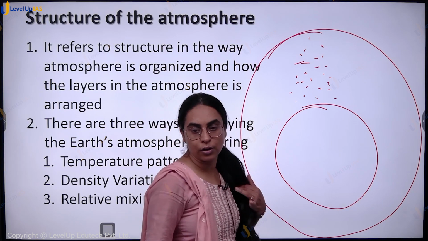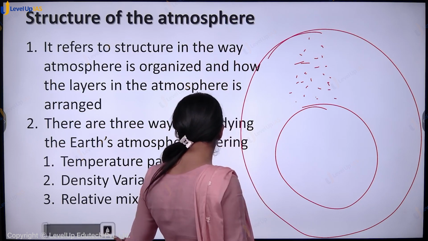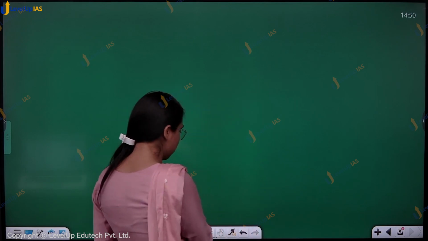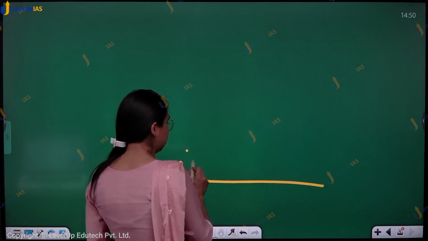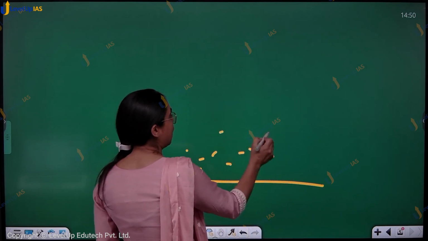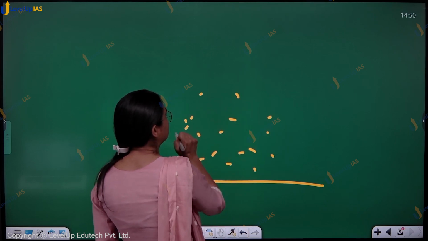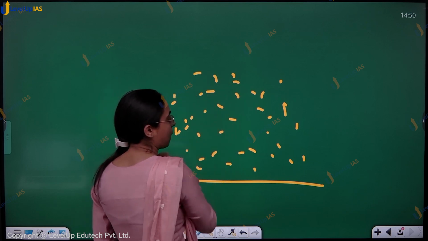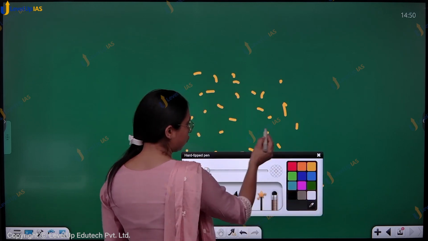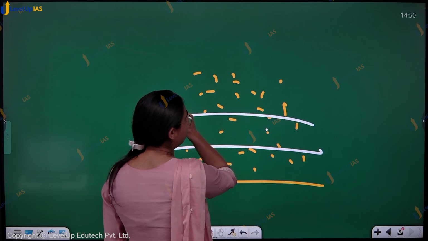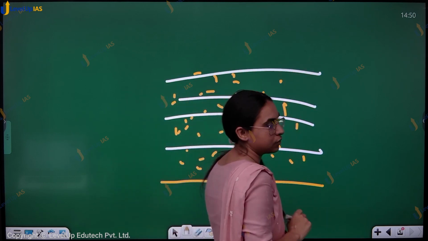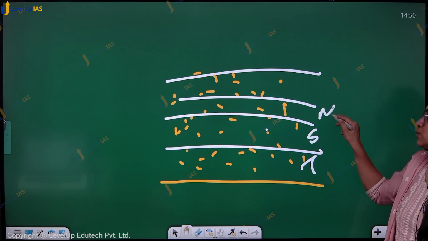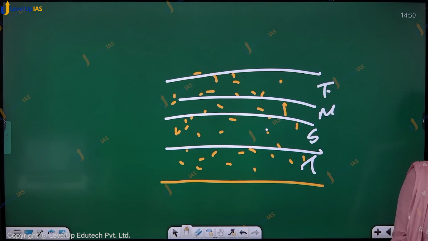ये आप layering कर रहे हो atmosphere को, किसके basis पे layering कर रहे हो? What is the basis of this layering? This is, let's say, your Earth's surface. This is the atmosphere. I am layering the Earth's atmosphere into, I'll just draw like this, troposphere, stratosphere, mesosphere, and thermosphere. किस बेसिस पे आपने बोला ये troposphere है, ये stratosphere है, ये mesosphere है, ये thermosphere? On the basis of